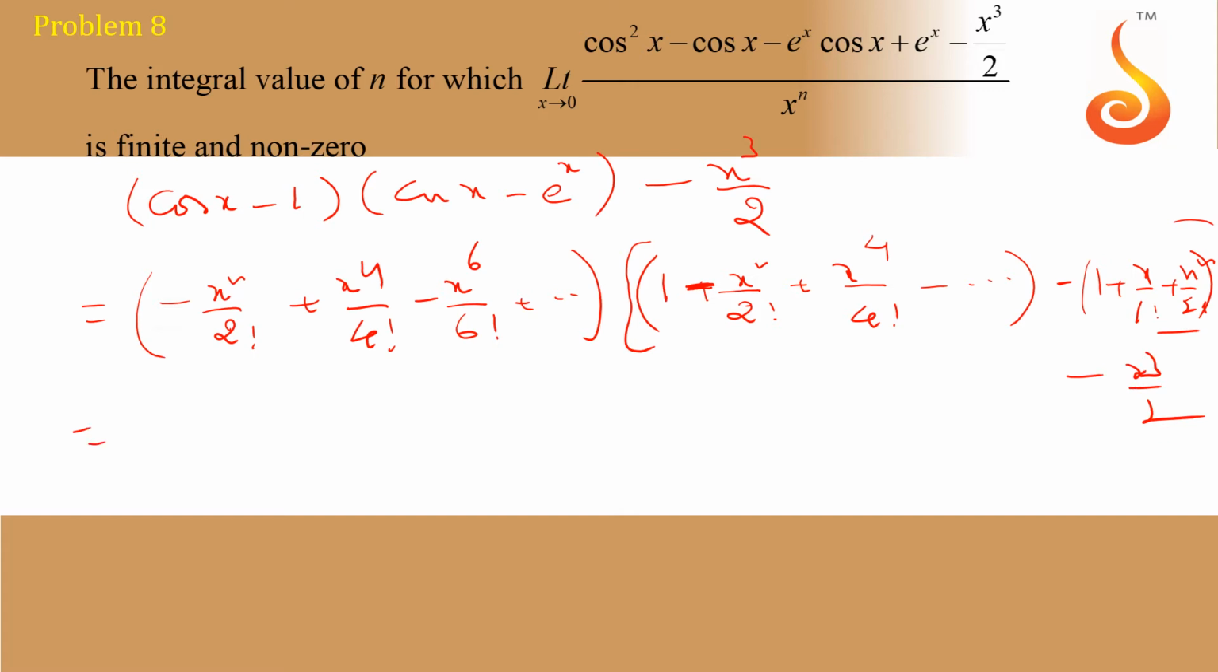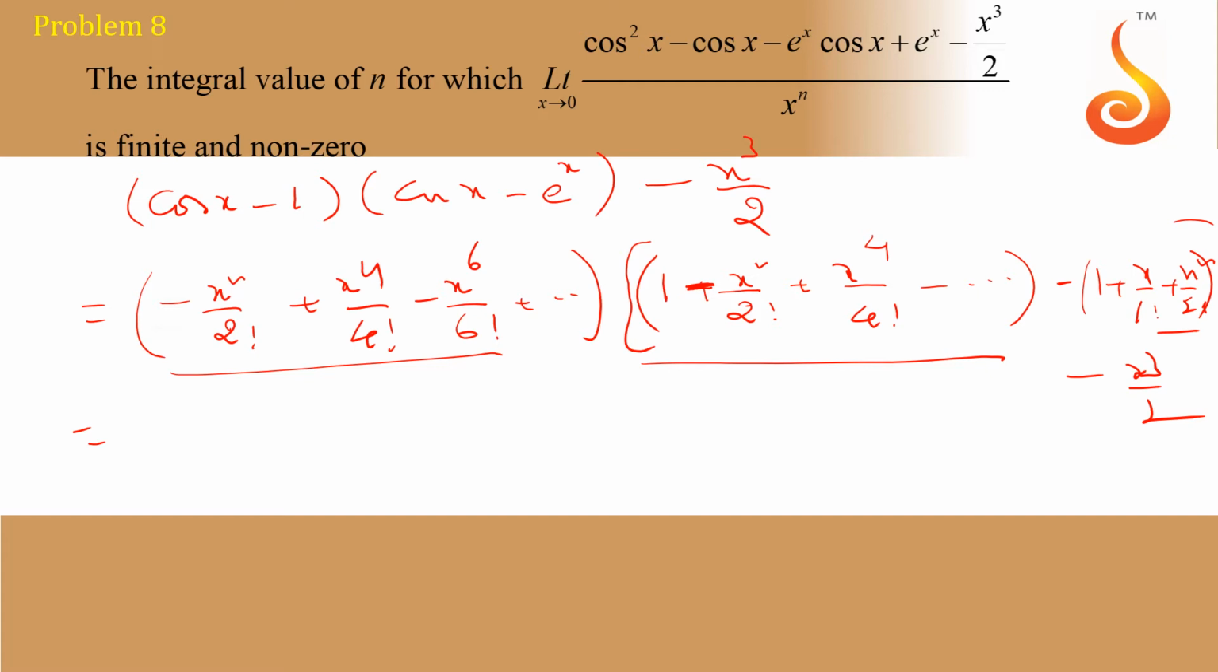Now here 1 gets cancelled, and if you simplify the second bracket, 1 gets cancelled. So you have x by 1 factorial minus x by 1 factorial minus x square by 2 factorial, here also minus x square by 2 factorial, and if you multiply these two brackets,